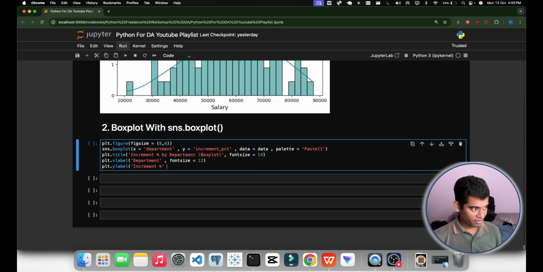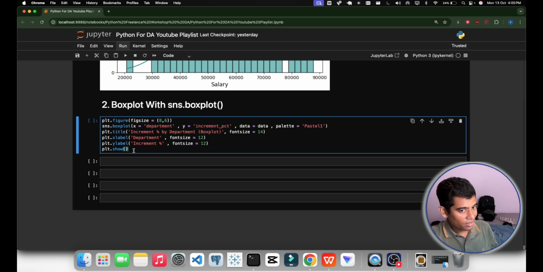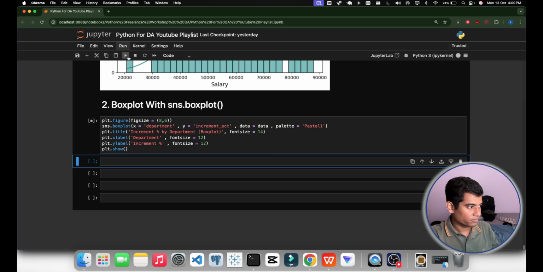Font size same, we will give 12. Now last but not the least, plt.show so that it will give us the output. So that's all about it. Let's execute this and see, do we get an error or do we get a graph?